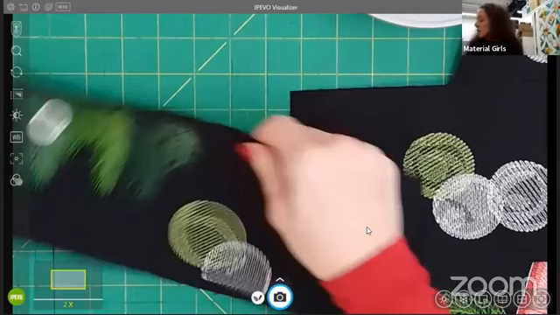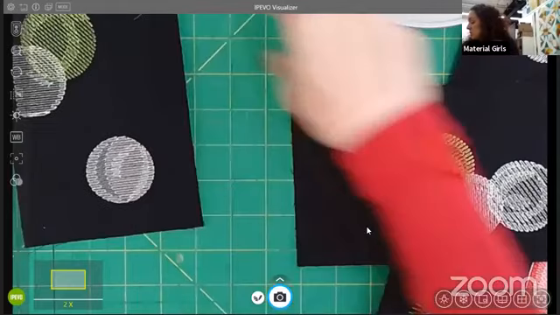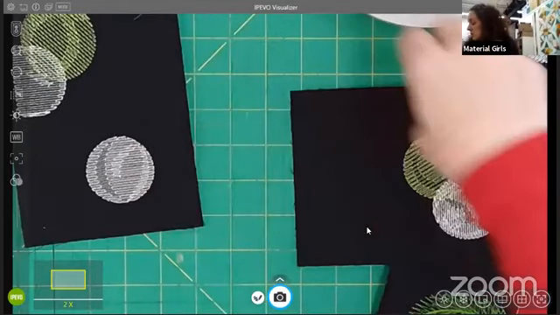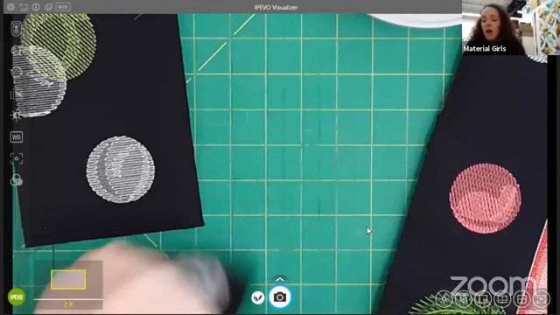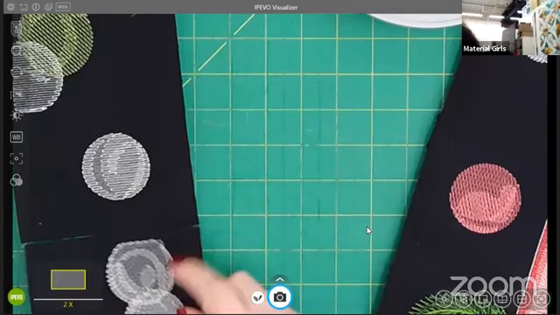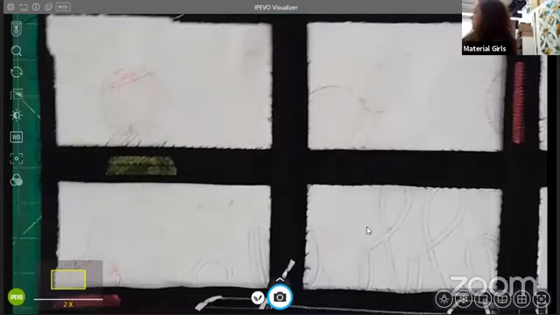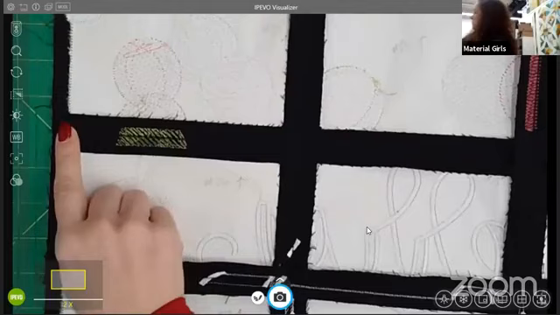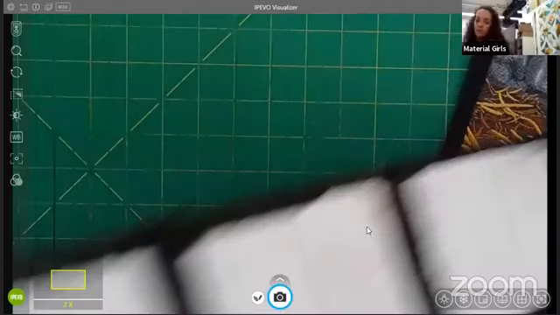Okay? So here are 3 blocks that have been attached, and then this one I think is going to go this way and get attached as well. And then we repeat this process with the long rows. Okay. Long rows pressed open. Everything on the back is going to be pressed open. And then we have